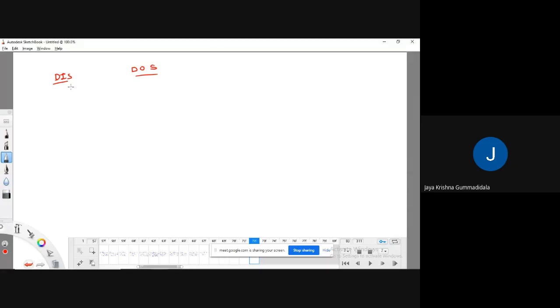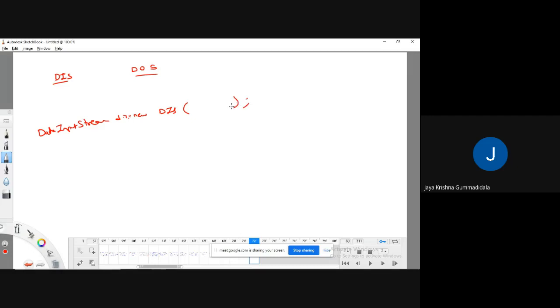Meaning that the syntax is the same. If you are trying to work with any kind of double data, if you want to write double data or read double data, you can't use file input stream or file output stream. Instead of that we can use data input stream and data output stream. How are we going to do it? First of all you need to create an object. The object is data input stream, dis equal to new data input stream.